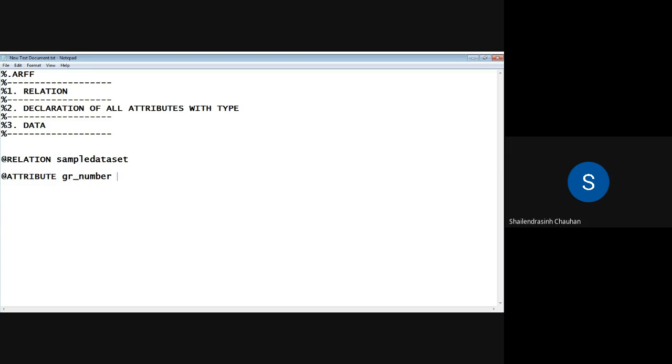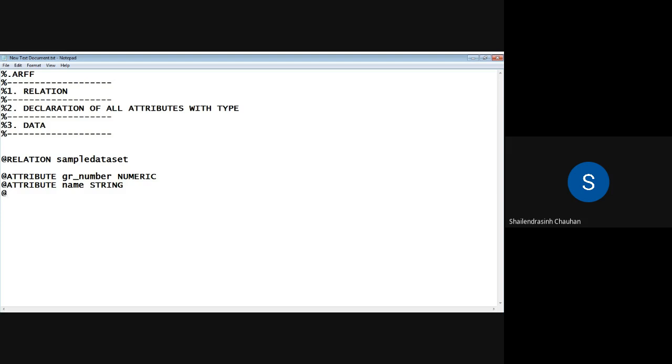Let us keep its type as numeric. And let us say @attribute, second attribute, it's a name, and type of the name, let us take string.